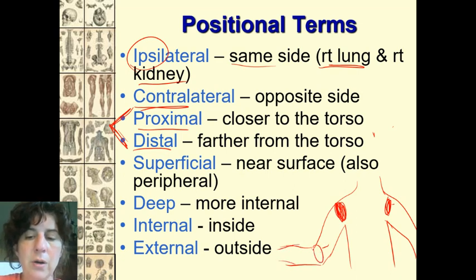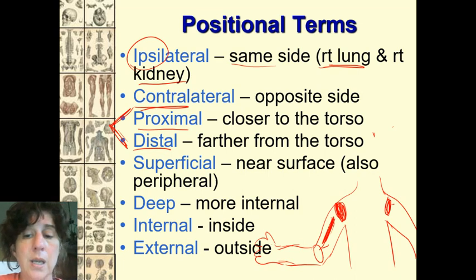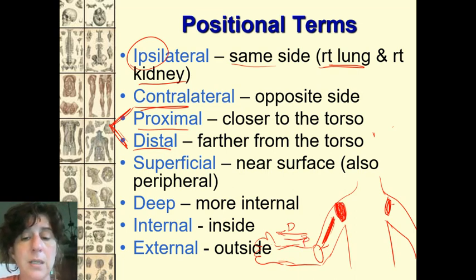So my elbow, oh, good Lord, now I got to draw a hand. There you go. There's your hand. All right. The elbow is proximal because it's closer to this joint than the hand is, or the wrist, but it would be distal from that bone that's right there. So your humerus that's right here would actually be proximal compared to the elbow. The elbow is distal compared to that. So again, distal just means further away from that joint, from this attachment point right here. Proximal means closer to that. And you have to be specific.